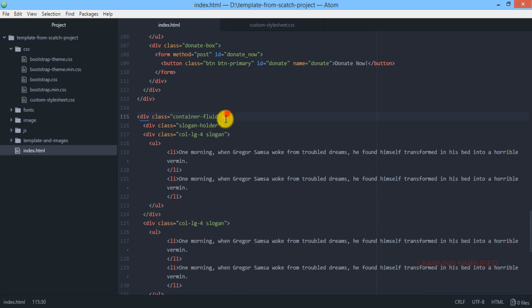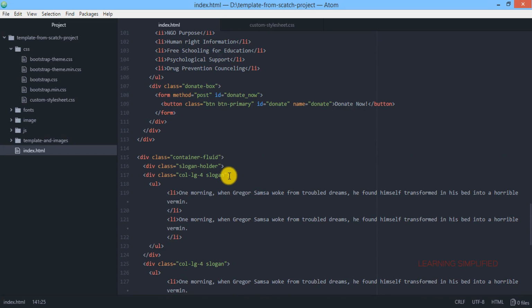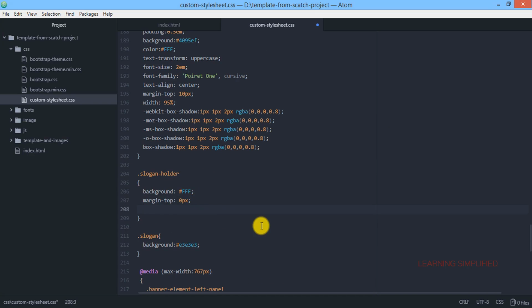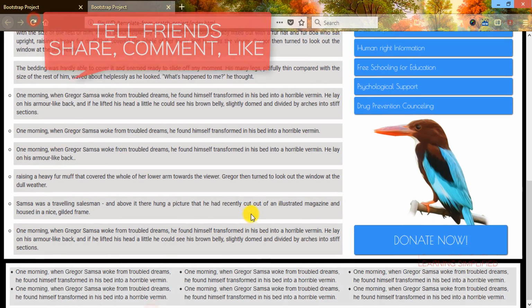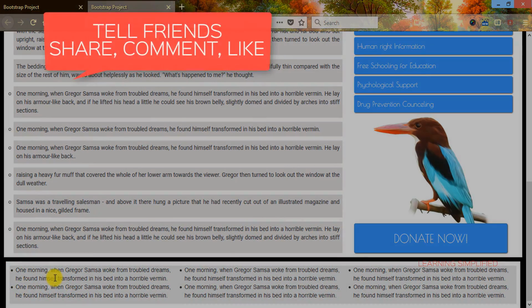And what we have done so far: we have created this container fluid, then we have created another div here with the selector name of slogan holder, and then we have created those individual three blocks, and we have created a clear fix class, and we have created these blocks inside this block of slogan holder. If we get back to slogan holder and if we provide a padding, now we can see that they are in the middle, they are playing all together, they are playing well.